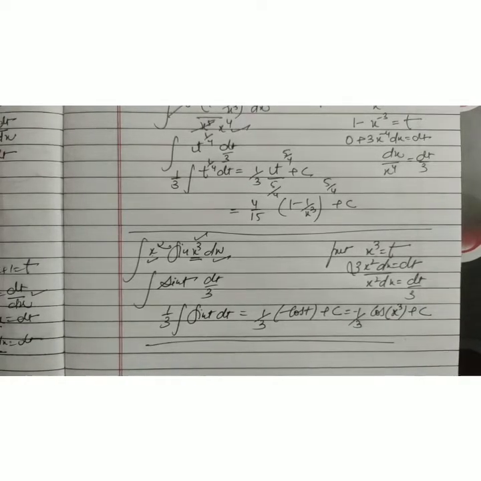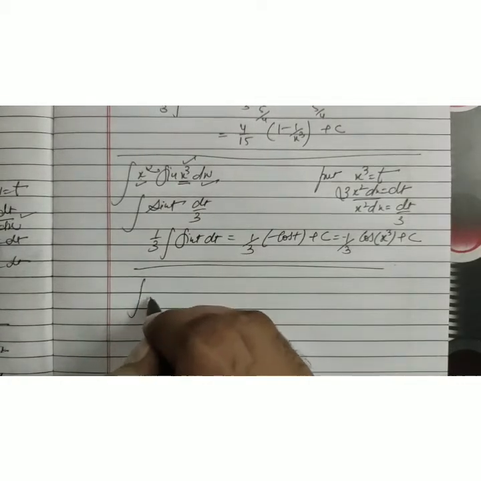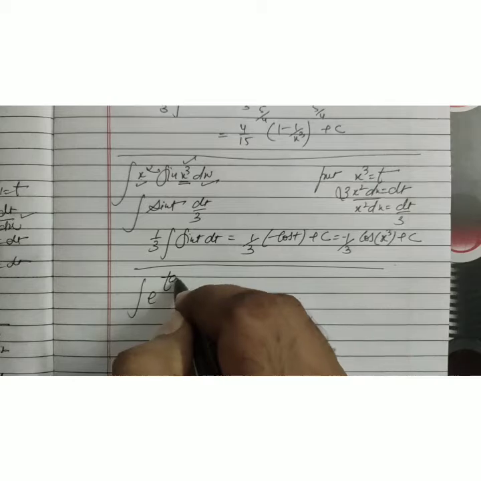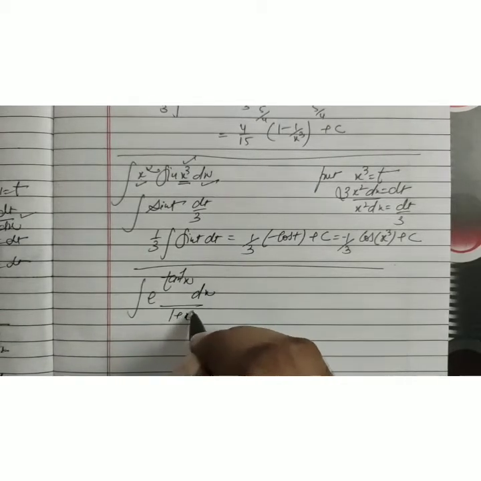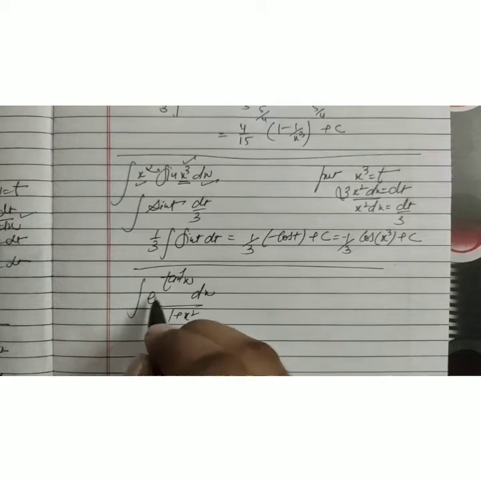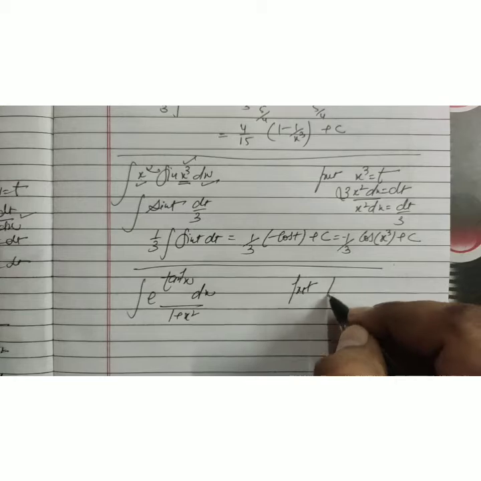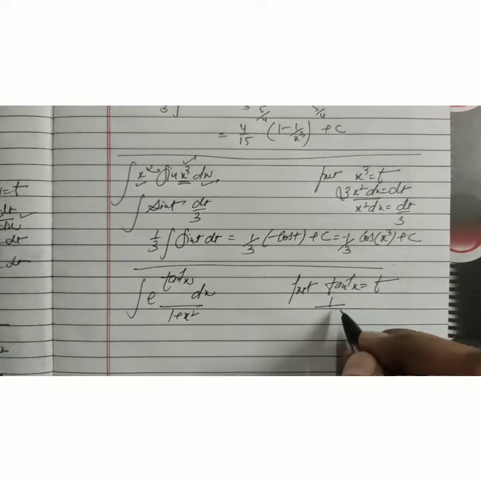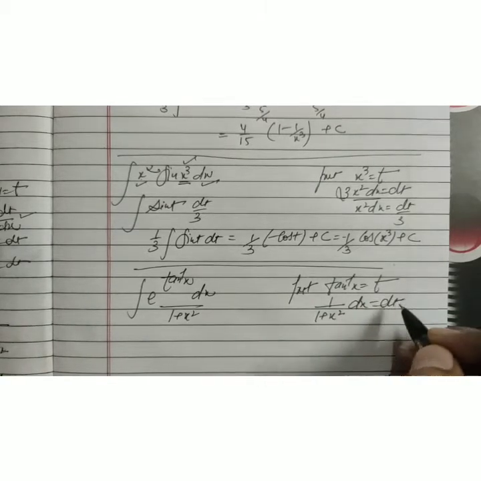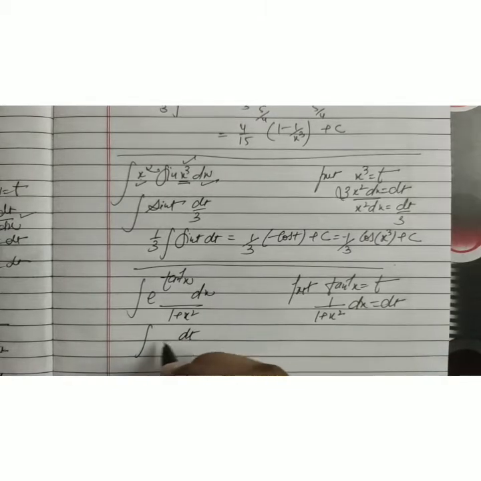Another example we are going to take here. For example, we have e raised to power tan⁻¹x, dx upon 1 plus x². In case of an exponential function, the power should be a linear function. If it is not a linear function, then we put another variable. We are taking here t. The derivative of tangent inverse, if you remember, is 1 upon 1 plus x², with dx equal to dt. Means dx upon 1 plus x² becomes dt. It becomes e^t.